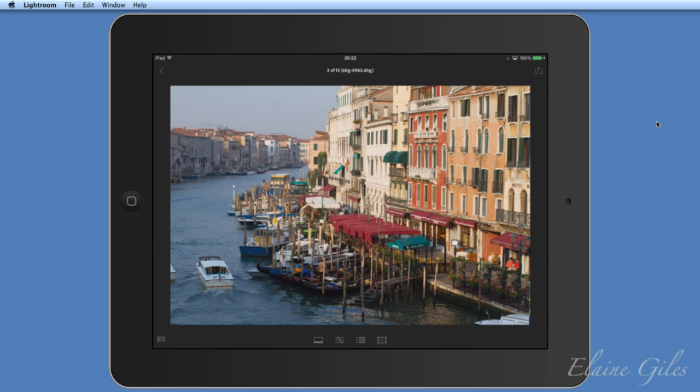Now, moving down to the bottom here, because at the moment, I'm in sort of triage mode with my data. You may well be working on your iPad to just work through your data and think, do I like this image? Do I not like this image? And that you can do. So that's one thing that you can do. You can triage, you can organise, you can add photos here. You can actually edit them in the develop module, and you can showcase your portfolio. So let's have a look at all of that, starting with